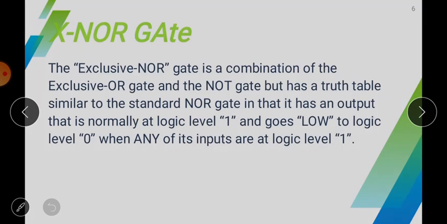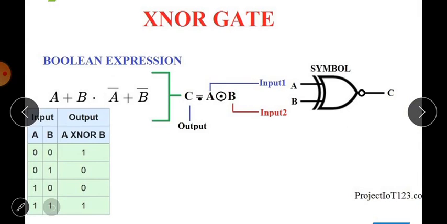With the help of the truth table, you can understand it better: when the input is 0 0, the output is 1, and when the input is 0 1, the output is 0. When the input is 1 0, the output is again 0, and when the input is 1 1, the output is 1. In a single line you can say, when both inputs are the same, the output will be 1, otherwise the output will be 0 or false.